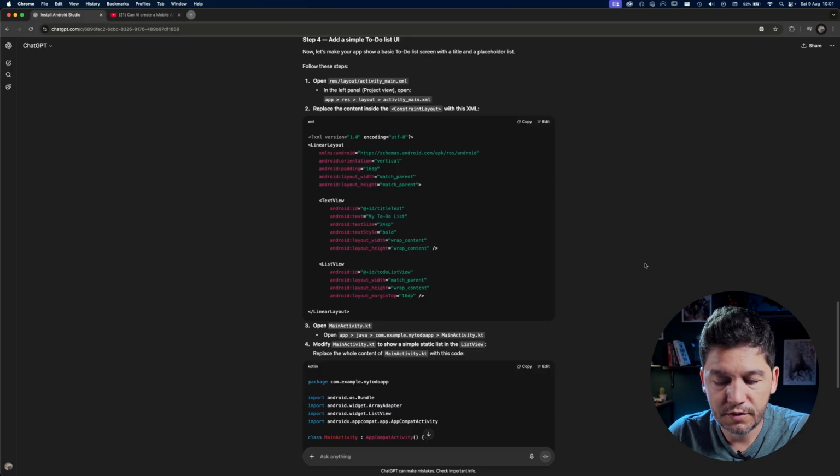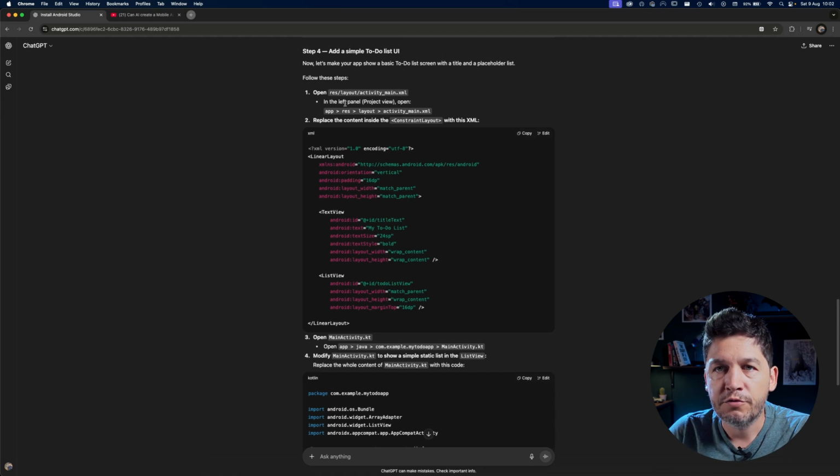I'm very curious if GPT-5, the paid version, will go with the newer, more up-to-date approach than these XML files. But yeah, so I should go into res layout, activity main in the left